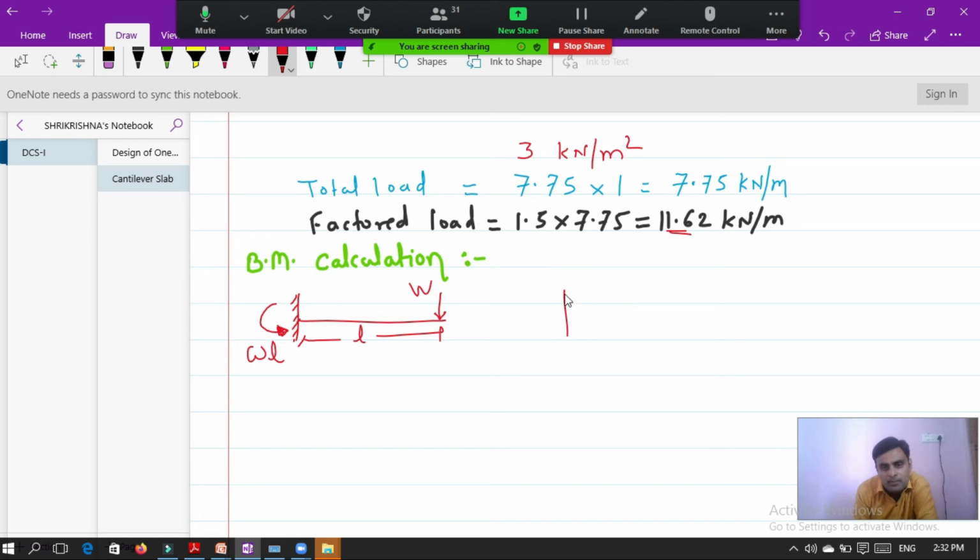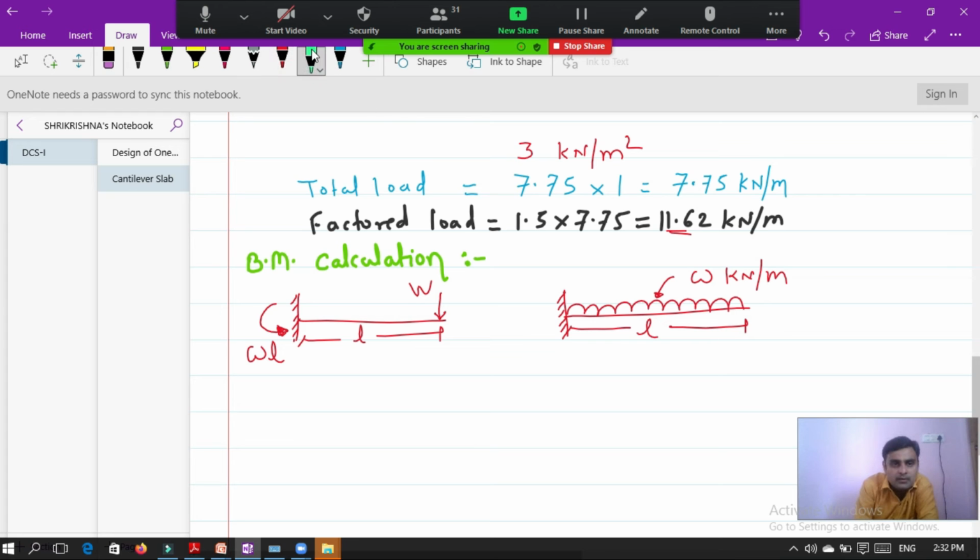Now the same cantilever beam is there, and it is now carrying a UDL. The intensity of the UDL is W kilonewton per meter, and L is the length of the UDL.